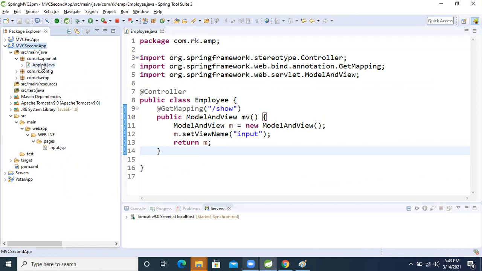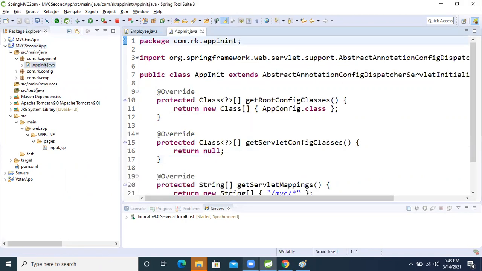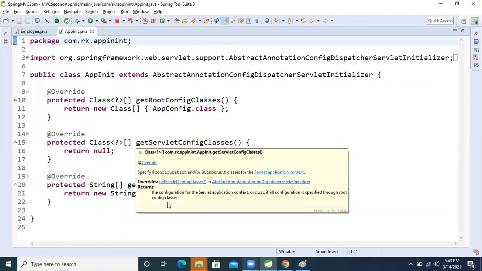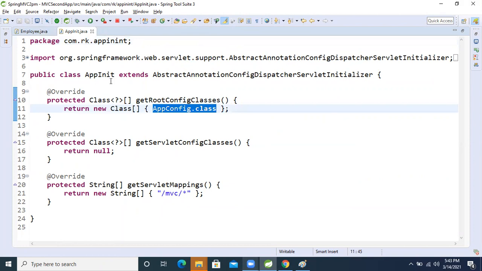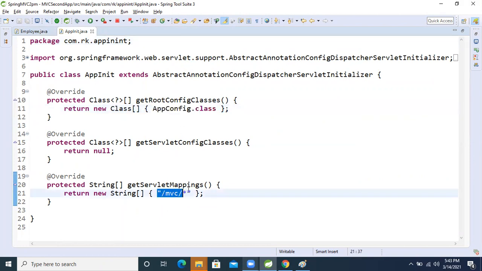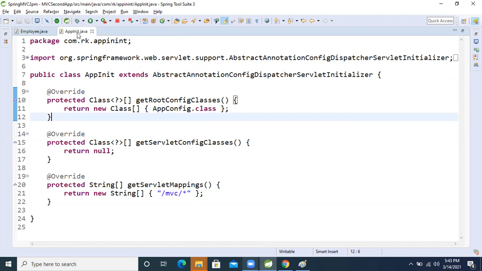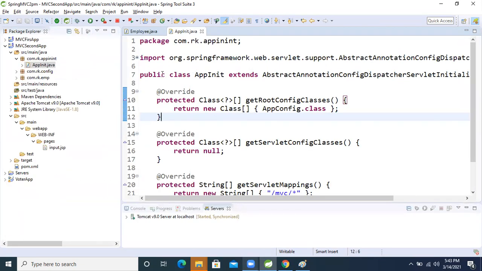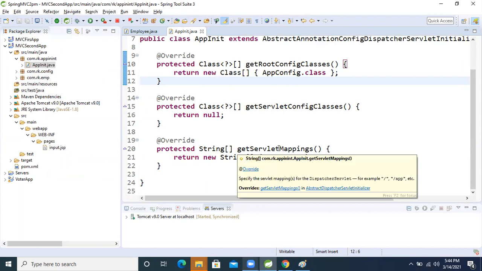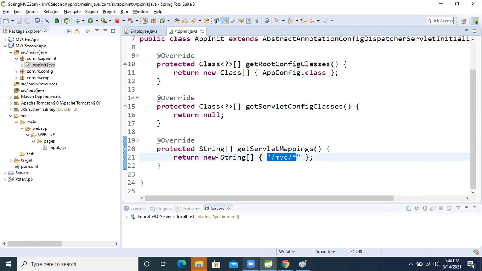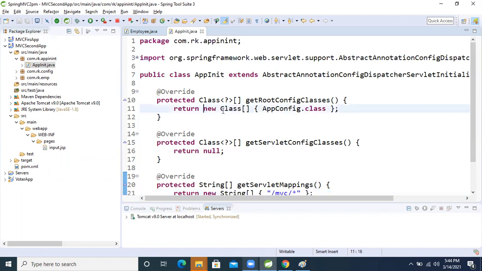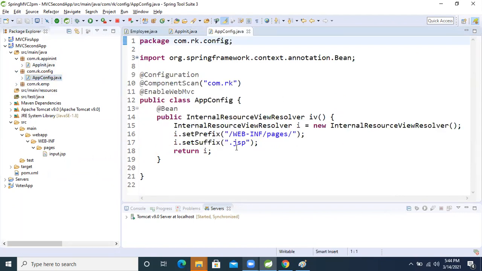Our front controller XML configuration, right? Using Java here, we passed the application configuration, and here we are passing the URL, right? But all the magic is in this initializer class, which is an abstract class. We write one class and extend that, and whatever methods are there, we override those methods. Inside this class we just write this much code only, okay na? And this is the same only.